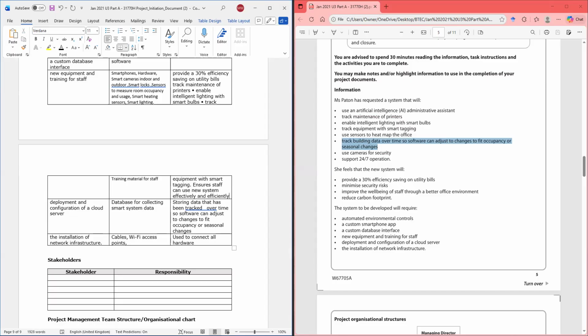All right. So we're at stakeholders. So the first one we're going to put would be Miss Payton.